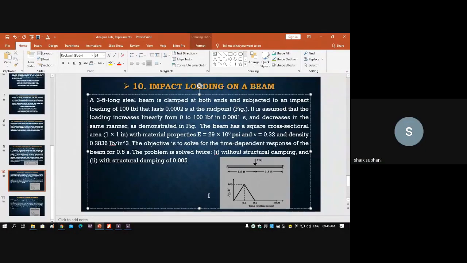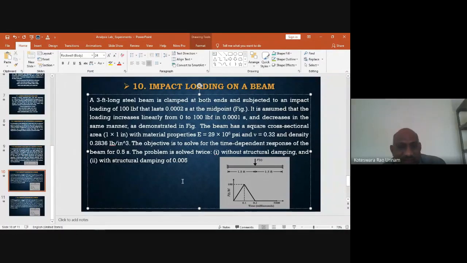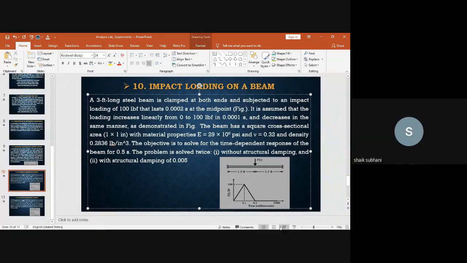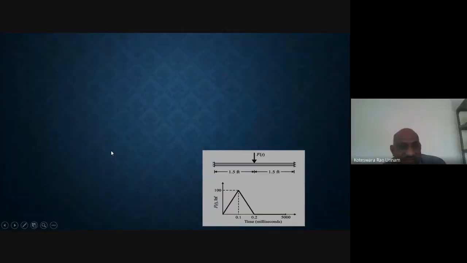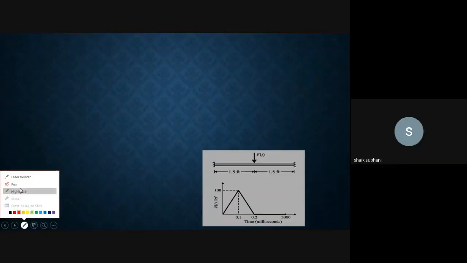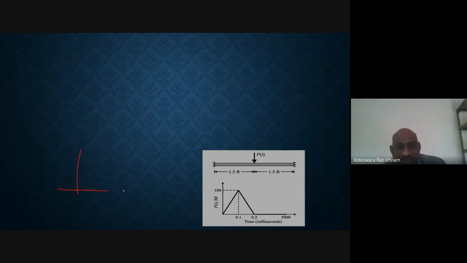Step load. What is a step load? So you'll get something like this. If you have load vibrations, this is a step load. We did the unit step, right? This is a step load. We also talked about the ramp load. If it gradually increases, we'll call it a ramp load.